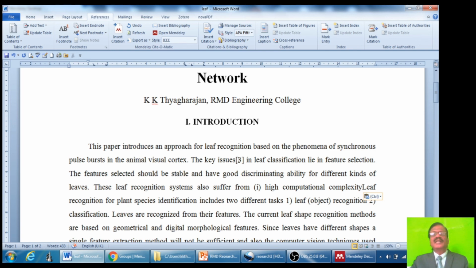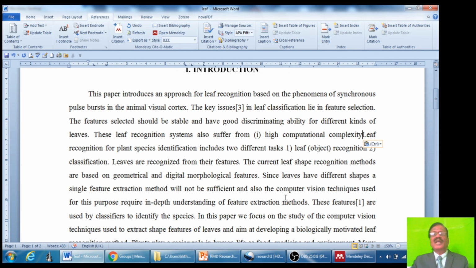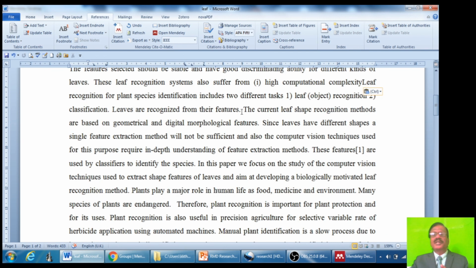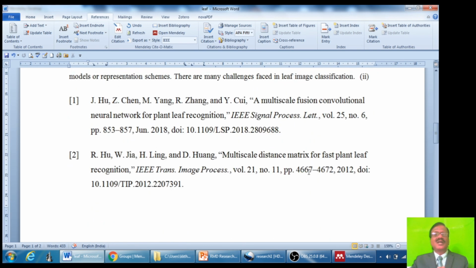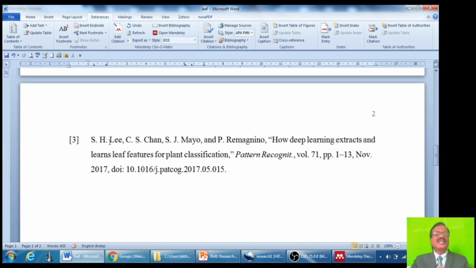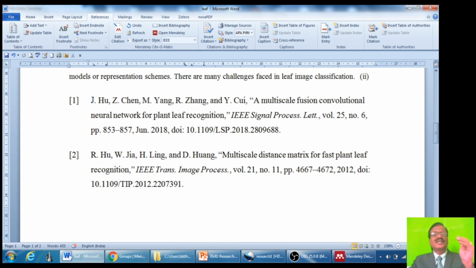Now the 3 is coming here, but when you are writing an article, the first reference should be cited as 1. So this 3 should be changed to 1, and this 1 should be changed to 2, and this 2 should be changed to 3. So all the numbers should be changed, and actually this 3 should be brought to the top of the reference, that is here.